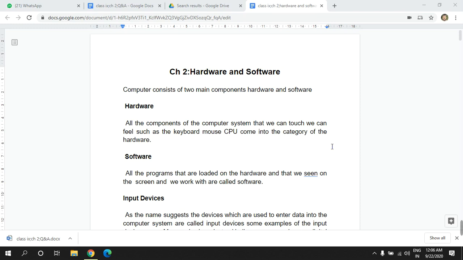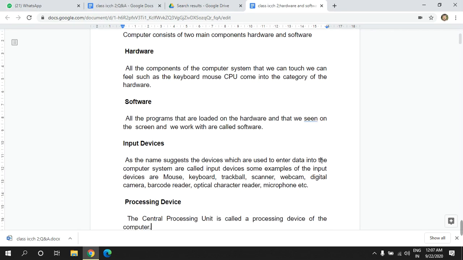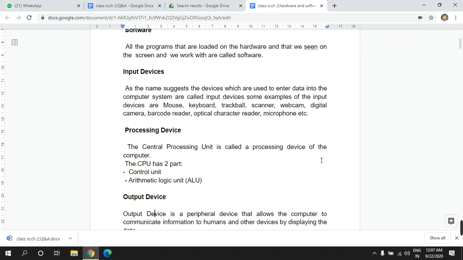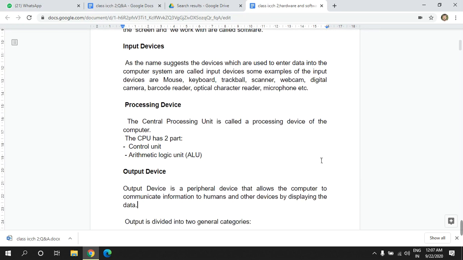Now, let us go through the categories of hardware, and the first category is the input devices. So, what are the input devices? As the name suggests, all the devices which are responsible for putting in the data, such as the mouse, trackball, scanner, webcam, a barcode reader.